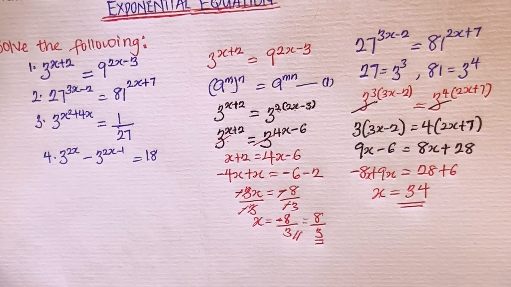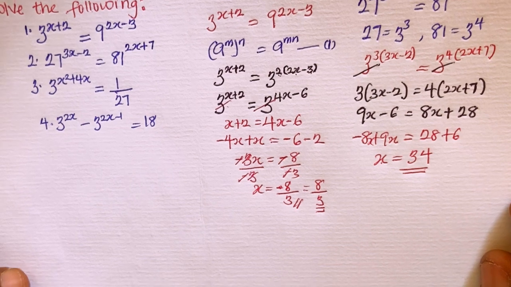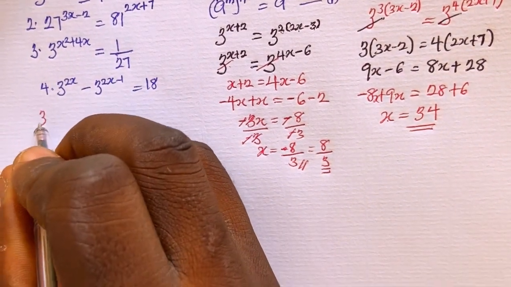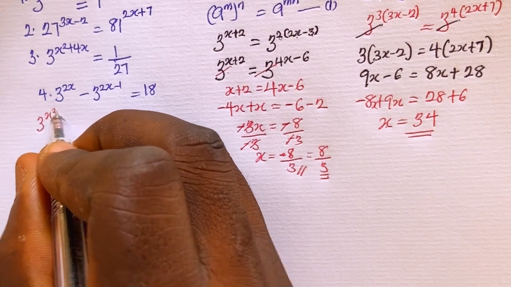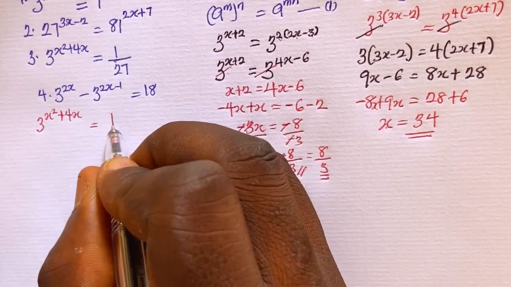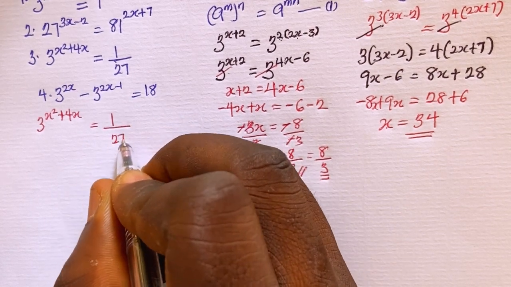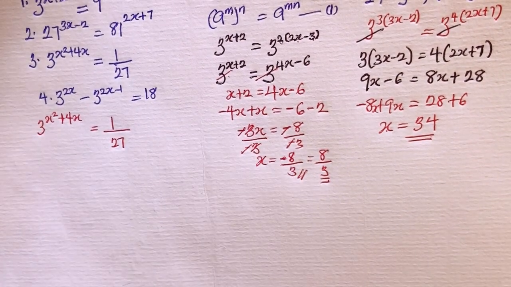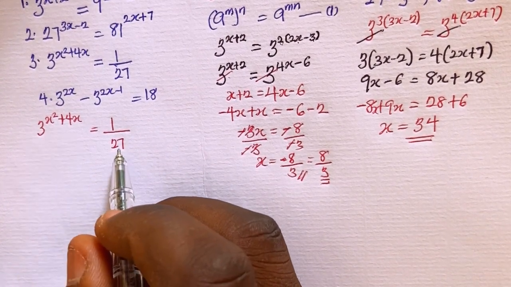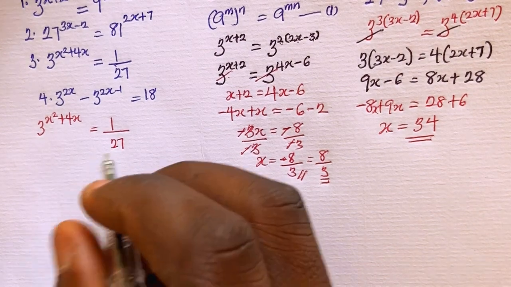Now let's go ahead and solve the next question, which is the third one, which is 3x squared plus 4x equals 1 divided by 27. So this question is very simple, right? So what we are going to do in this case is that I won't go ahead and express this one anymore. Let me just say